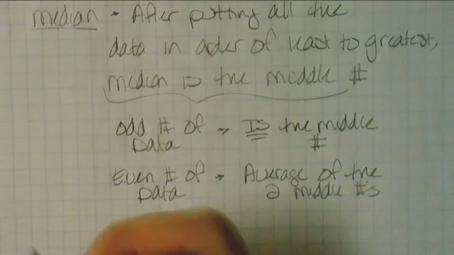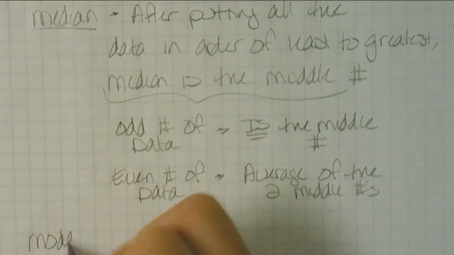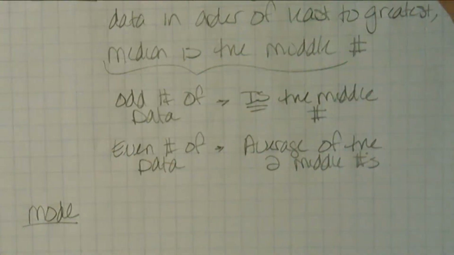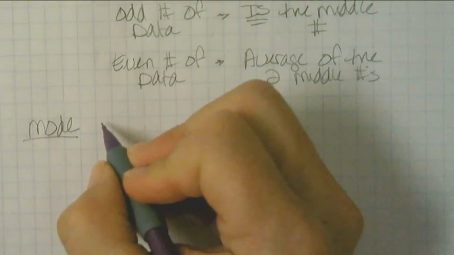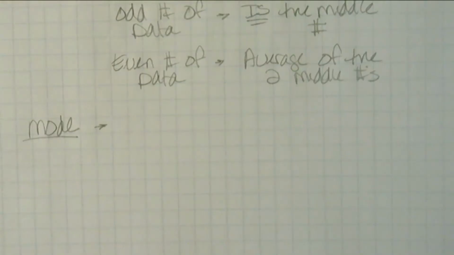How about mode? Ava? The mode is what happens the most out of all the data. Excellent. Mode, most. That's kind of how I remember the difference between median and mode. Honestly, I have to, because you don't do it all the time. So when you don't do it all the time, you have to ask, how do I remember the difference between them? All right, so mode is the most often. That's kind of how I remember.